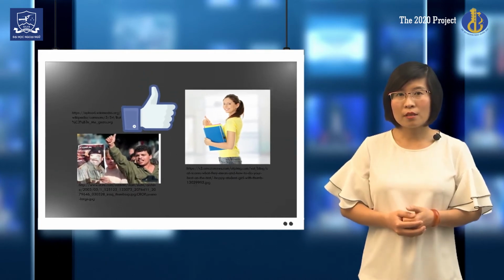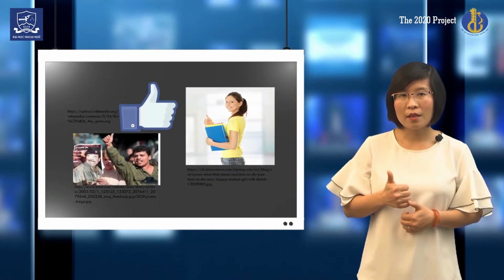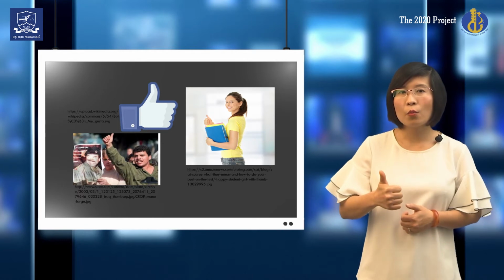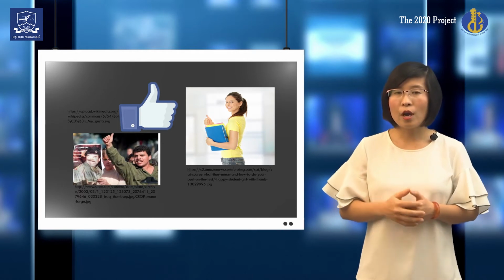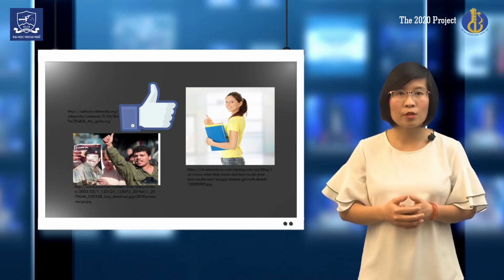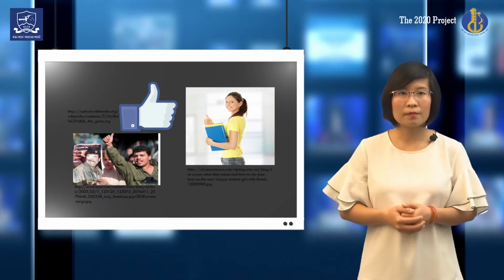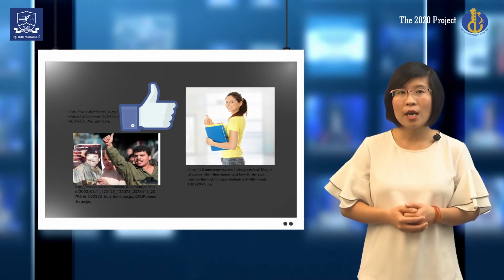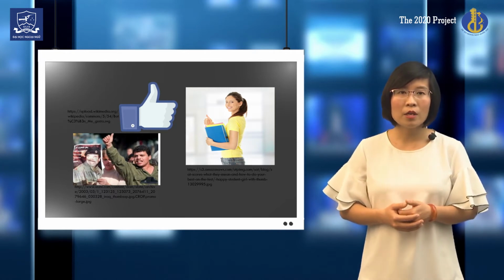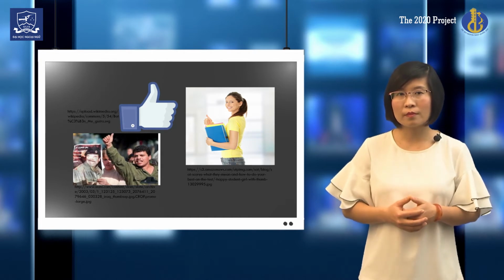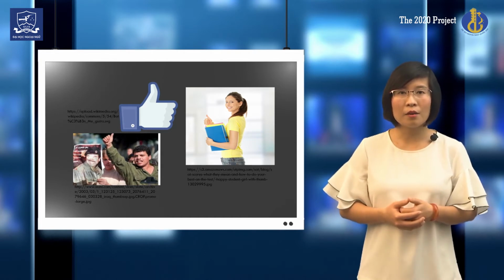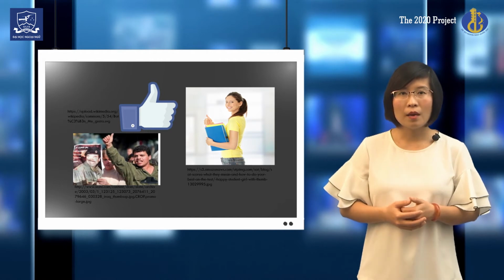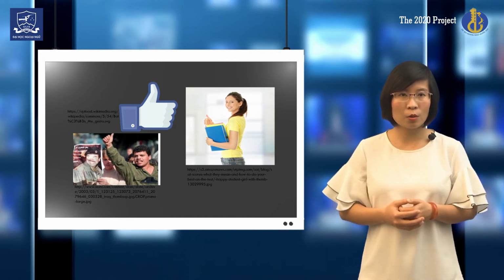Another example is the thumbs up sign that we are quite familiar with when using Facebook. We often click the thumbs up button to express that we like a post. In American culture, people also give a thumbs up to show their approval. However, in Iran and Iraq, a thumbs up has the same meaning as a middle finger in American culture and